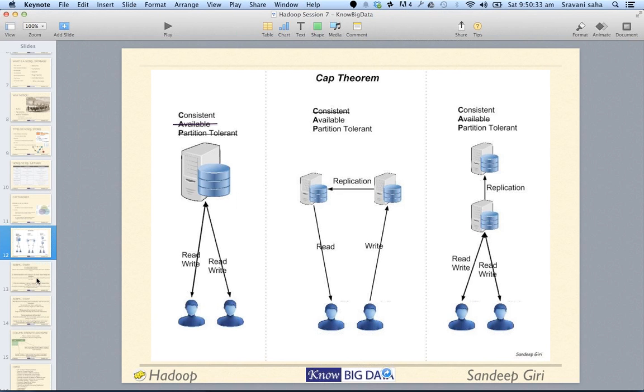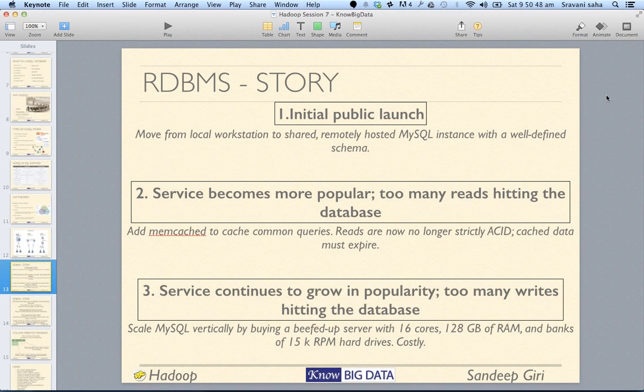So this is what the CAP theorem says, and CAP theorem is a universal theorem which explains why it is not possible to have all the three at the same time. But a lot of people are trying to make it such that the availability is high and it is consistent enough, not perfectly consistent, just like your RDBMS. These databases are consistent enough